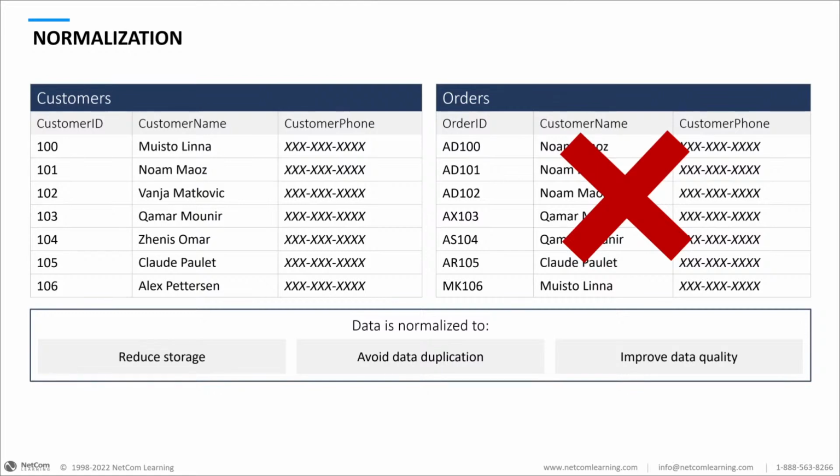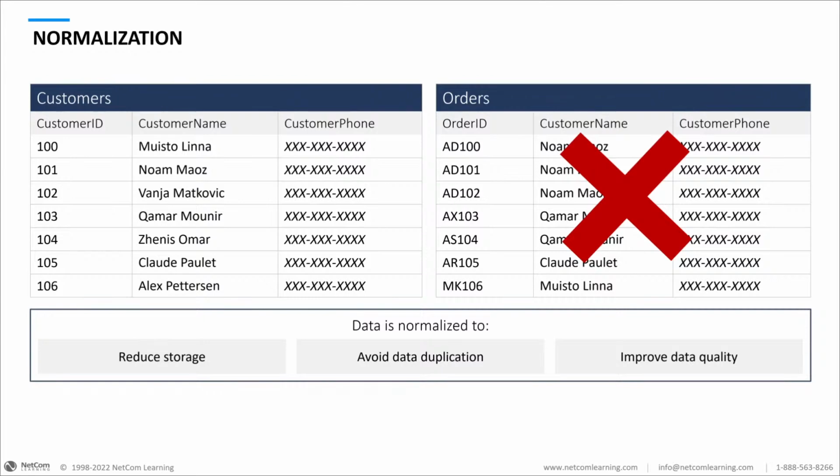So that's 1NF. The next one is second normal form, or 2NF, and that states that every non-key column depends upon the whole key. So what this is saying is that the customer name and customer phone needs to have the customer ID there. Otherwise, it makes no sense as to why that data is there. Can't use it, can't see it, can't report against it, can't search for it, useless. So it has to relate entirely to the key field that is on the table, which is, in this case, customer ID. The last one is third normal form, or 3NF.